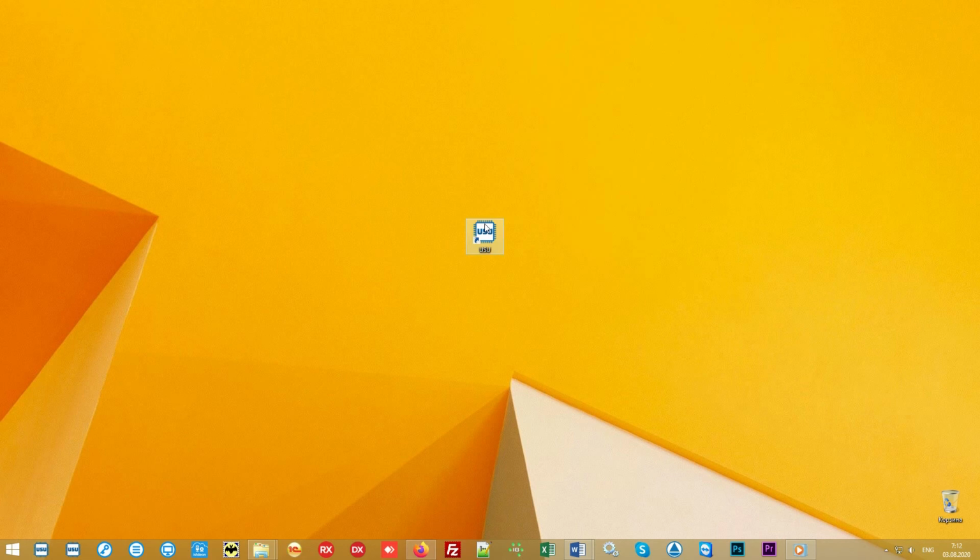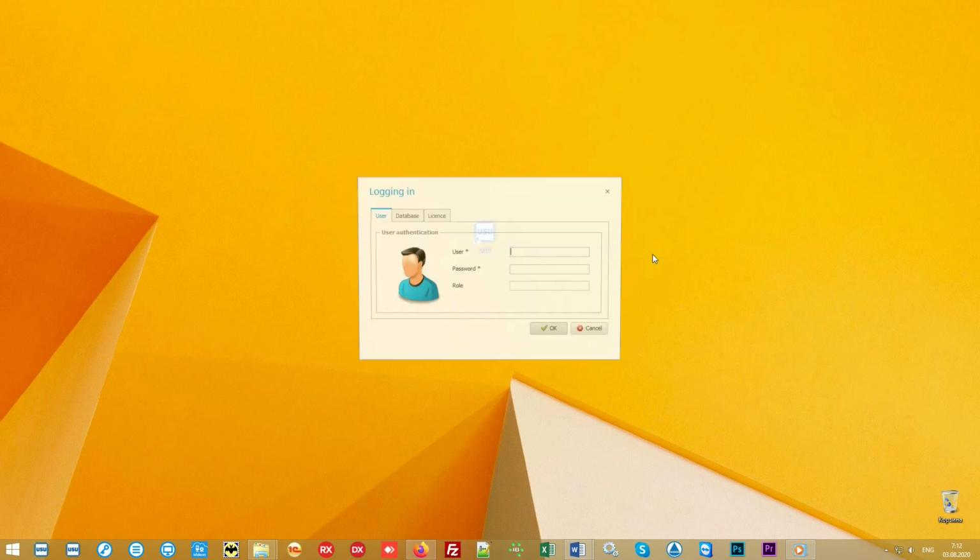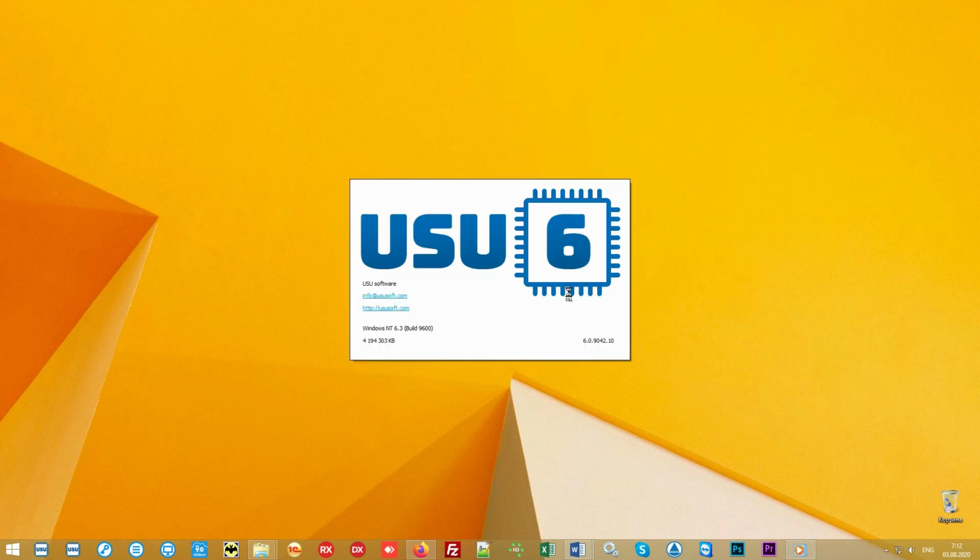The program is launched from a shortcut on the desktop. The login window appears. Each user can work under separate login, which is password protected. Also, each employee can have individual access rights, so that they see only the information that falls within their area of authority. Separate privileges are configured for the administrator of the center and the head of the organization. We will log in under the role main to see all the functionality.